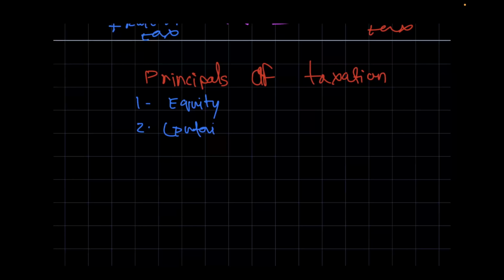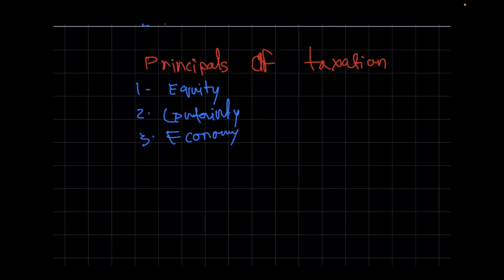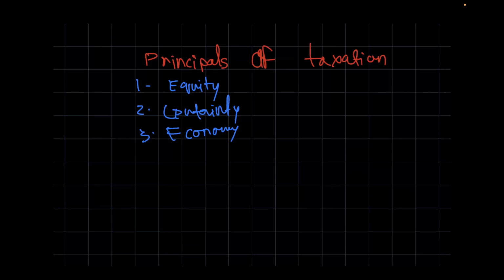It should be easy for everybody to calculate how much tax they are paying. There should be economy, which means there should be a process to collect taxes, and it should be quite cheap and easily accessible to everybody, and there should be flexibility, which means it should be easy for you to change your tax